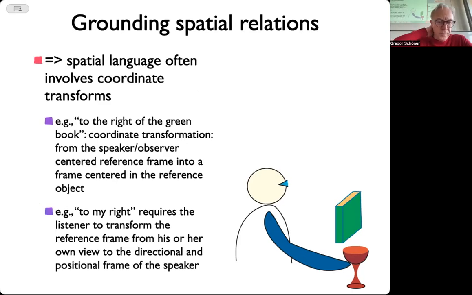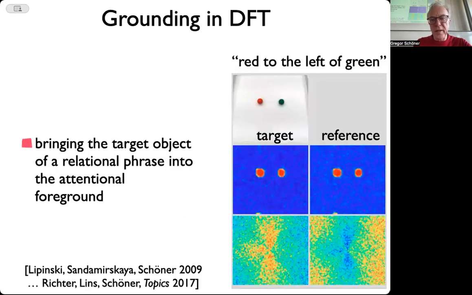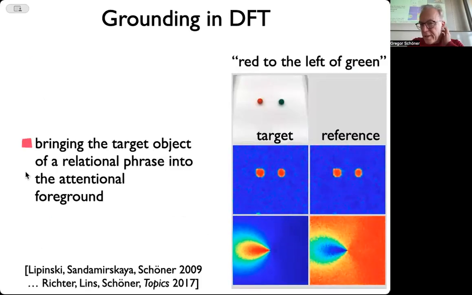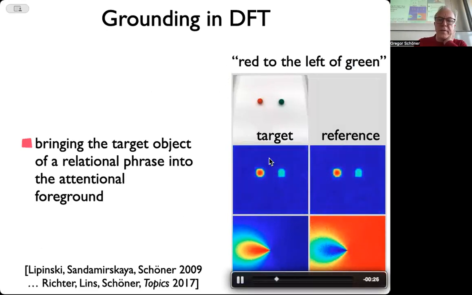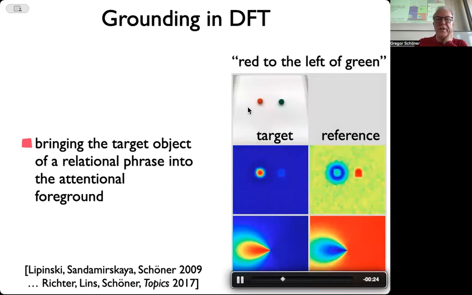Good. I'll come to this later, rather than say it here in the abstract. So how do we do this in DFT? In DFT, the grounding would be, let's say you have a scene, and you're getting a phrase like the red to the left of the green. We use these very simple things with red and green because we want to do this with our simple feature fields. In the meantime, we've also done this with categories and so on, but I'm not explaining that here. So for instance, the red to the left of the green implies the red object to the